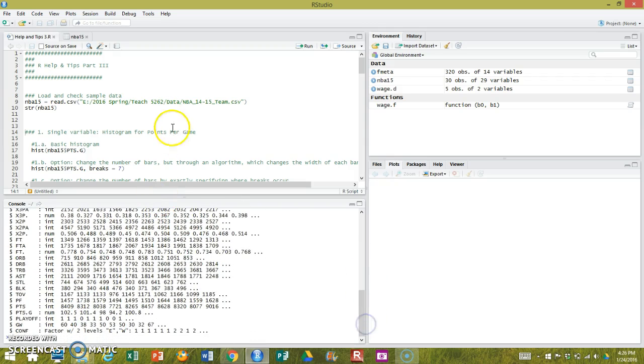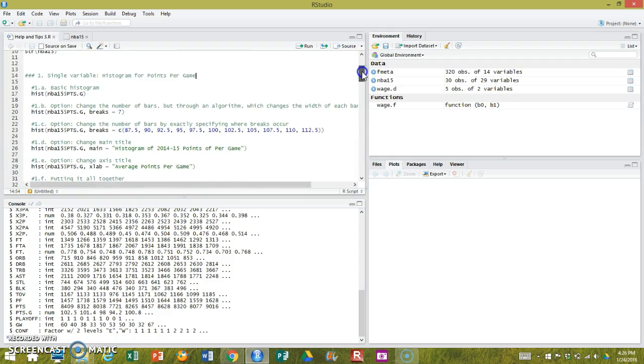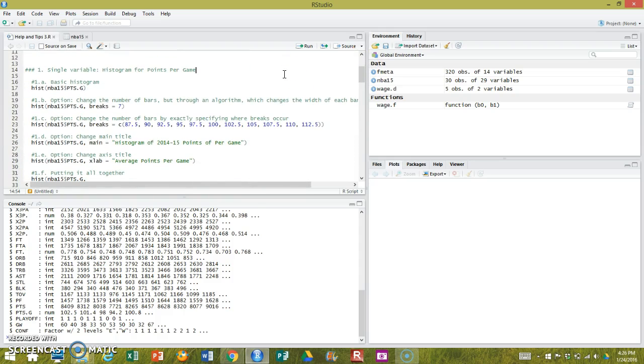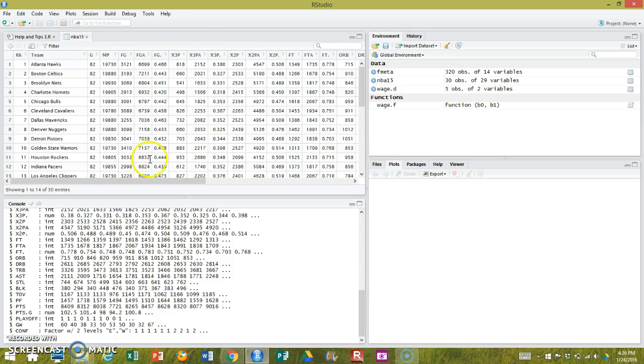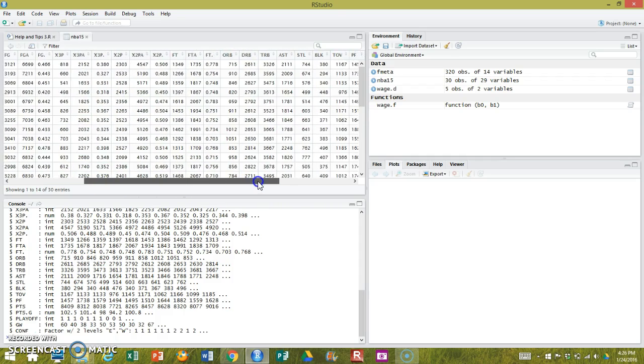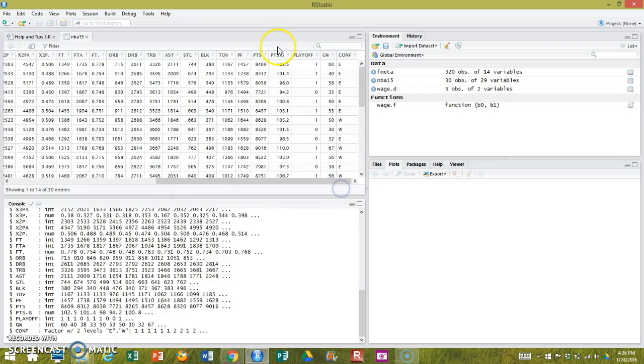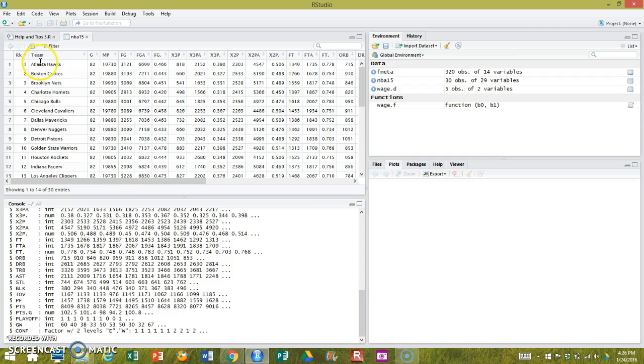Everything looks good. So let's say I want to find a histogram, and let's remind ourselves that a histogram is just to say, hey, I've got a variable. What does the variation in that variable look like? How is that variable distributed? So for our data, let's remind ourselves that each row is a team. And let's say I wanted to ask about the average points per game in this season for all of these